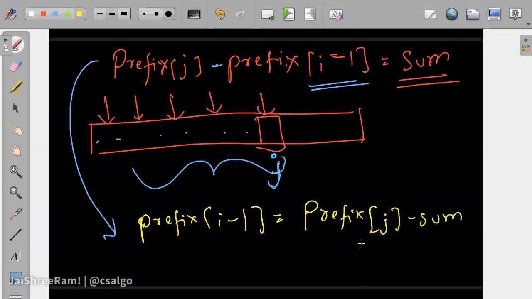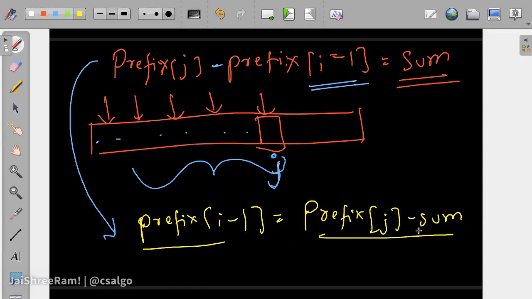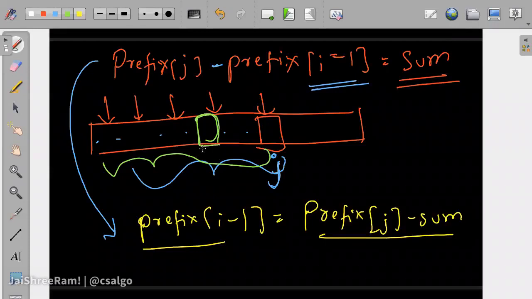So this is what we need to search for: how many i minus 1s are there before it such that this holds. So what we can do is, when we are iterating from the front up to the position i, we can create a hash map or a map, whichever you want. Ideally you should go with maps only. Create a map of all the possible values that this index gives. So you just keep a hash map of the number of times you have seen a particular prefix value.